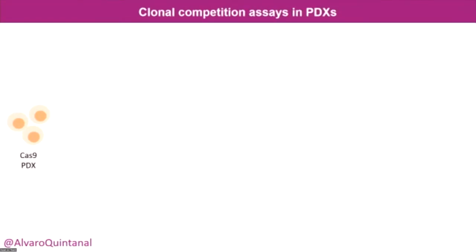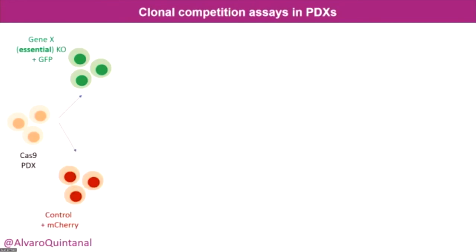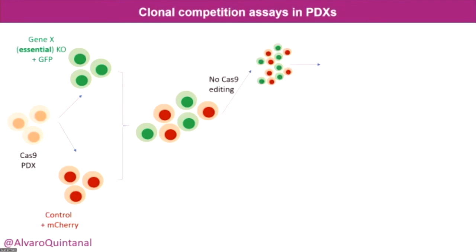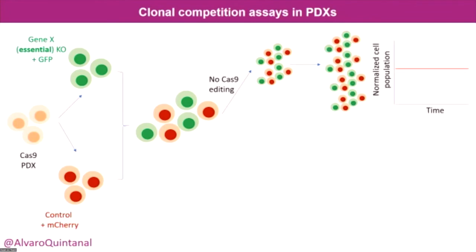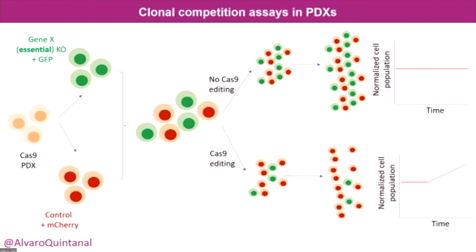So what happens in the PDXs? Pretty much the same. Let's say that, again, we are knocking out a gene that is essential with GFP, and then we have a control, NC cherry, that will not edit anything. So we have our mixture of cells, and if there's no Cas9 editing, both populations will again grow the same, and the population abundances will remain stable. But in those cells in which Cas9 is editing, there will be a gene X knockout, and then those cells will